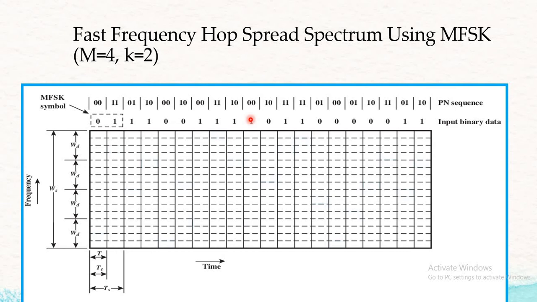So in case of fast frequency hopping, we need to use multiple frequencies for transferring one symbol. Each symbol is of size 2, so this 0 1 is my one symbol, and for transferring this particular symbol I have to use multiple frequencies. Which parameter is going to decide my frequency? My PN sequence. So here is how it works. For 0 1, first we focus on the PN sequence. The PN sequence is 0 0, and for that 0 0 we are transferring which symbol? We are transferring 0 1.